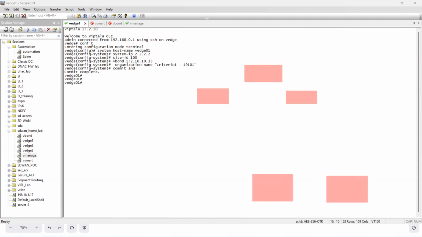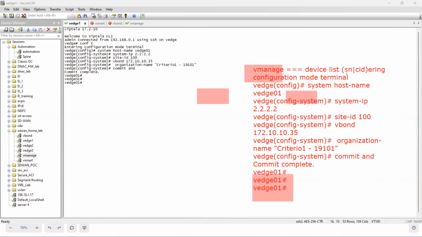In this model, all the devices, suppose I have my vManage, it should have the device list. The device list means it should know the serial number and the chassis ID of that particular device. And this is true